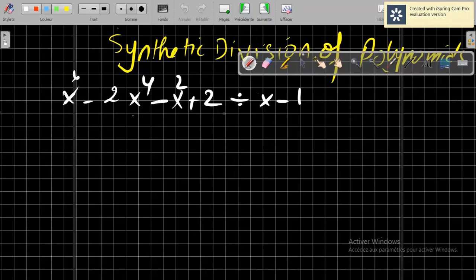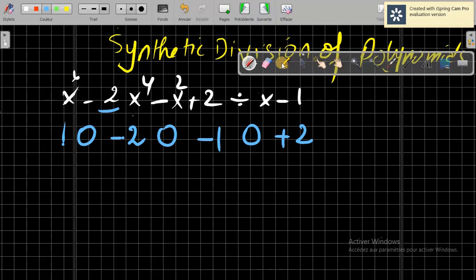So while writing the coefficients, I'll be writing 1 for x^6, I'll be writing 0 for x^5, I'll be writing -2 for x^4, which is this. Then I'll be writing 0 again for x^3, we don't have it. Then -1 for x^2, then 0 for x, then +2, the constant, the last one. And there is no harm actually